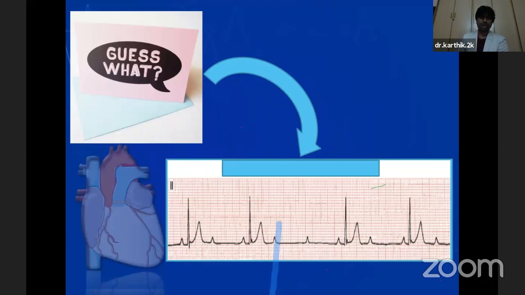approach. And then followed by that, we learned about the axis method, where we focused mainly on two important techniques, that is the perpendicular axis lead method, using lead 1 and lead AVF, and then we also tried the isoelectric method. So whichever would suit a given particular scenario, we can use that to quickly calculate the axis. And we also studied right axis deviation and left axis deviation, and a brief introduction on extreme axis deviation.